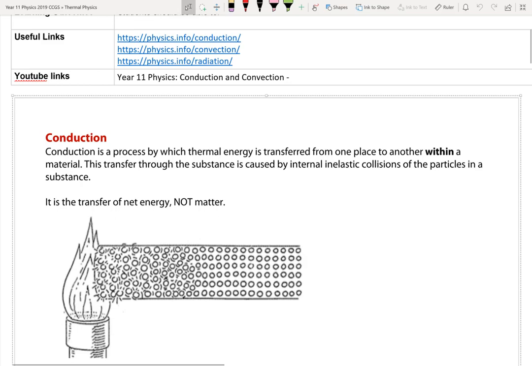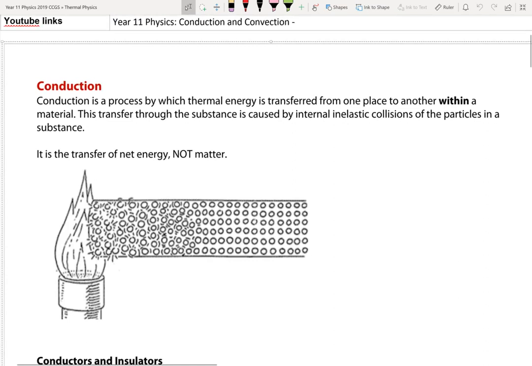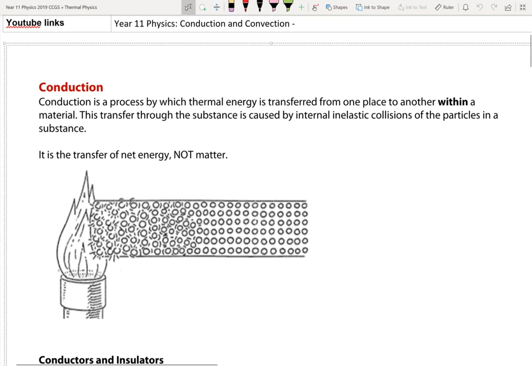Please recall, from Year 9 Physics, you may have learnt in heating and cooling, there are 3 different modes of heat transfer: conduction, convection, and radiation. This one is where there is no net transfer of matter, but there is a net transfer of energy. Okay? So the objects are not moving. Right? They are staying stationary. This diagram here,